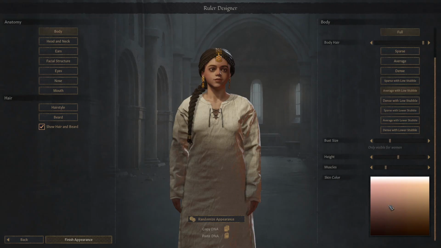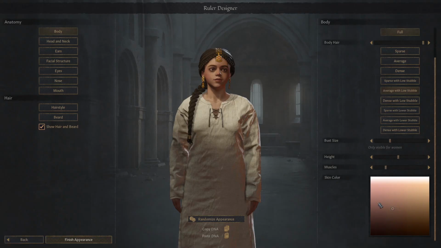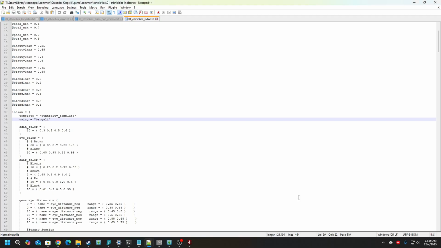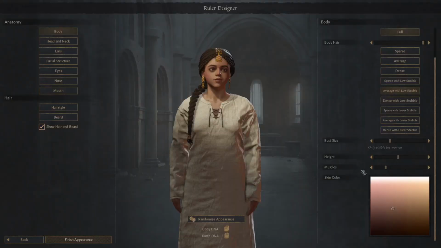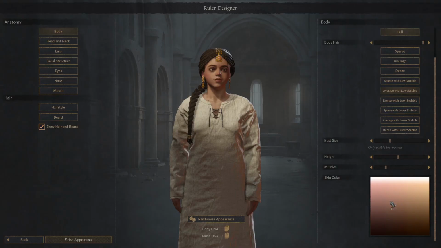So we have our color palette here, and how this works is the skin color here. The first and third numbers refer to the minimum and maximum spots on the x-axis here, so like pink to yellow. And then the second and fourth colors refer to the minimum and maximum spots on the y-axis, so light to dark. So for example, if we're here on North Indian, we're between 0.3 to 0.5